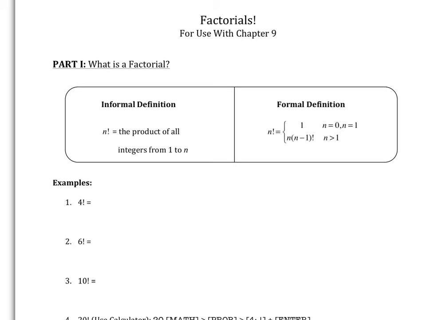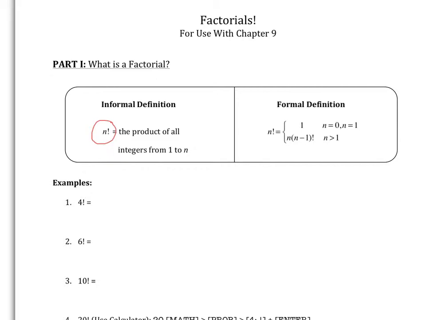So this video is meant to be either an introduction to or a review of factorials. You may have some familiarity with them from some previous course that you've taken, but if not, they're great because a factorial is denoted by an exclamation point after some number, so it makes everything seem really exciting. And if you look over on the right, we have a formal definition of a factorial, which is,